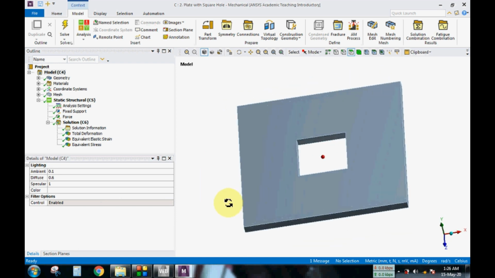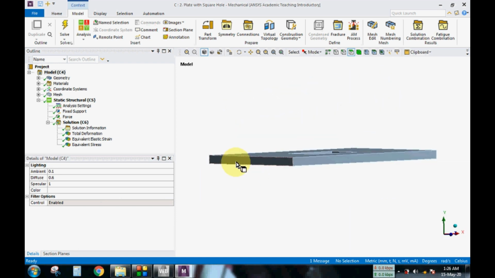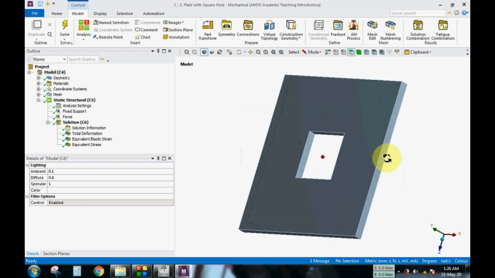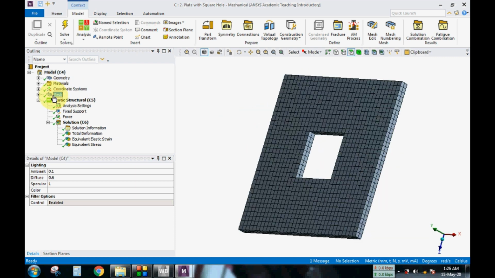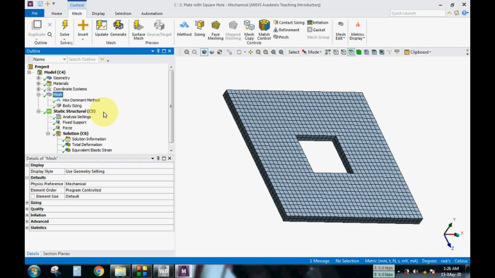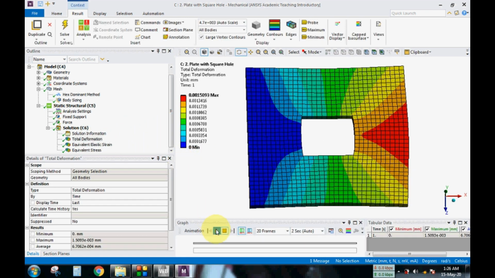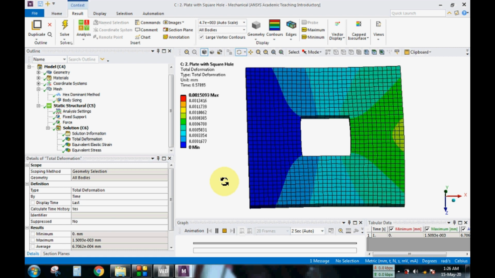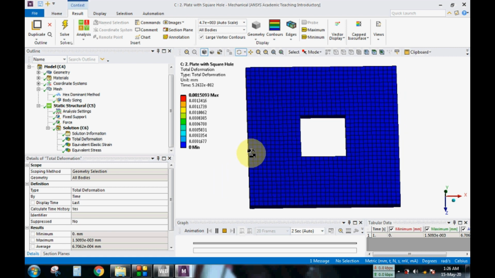Right, same boundary condition will be applied, fixed on this side and apply force on this side. For the mesh, same procedure, x dominant mesh and going with a size of 3 mm. Okay, so now we'll see the total deformation values, right? The total deformation, as usual, is 0 as it is fixed, and